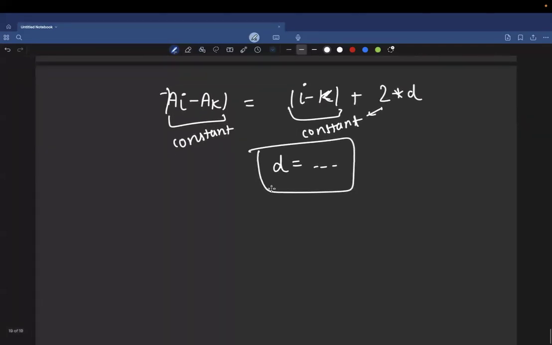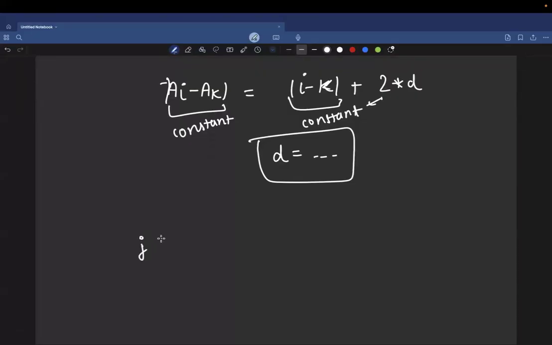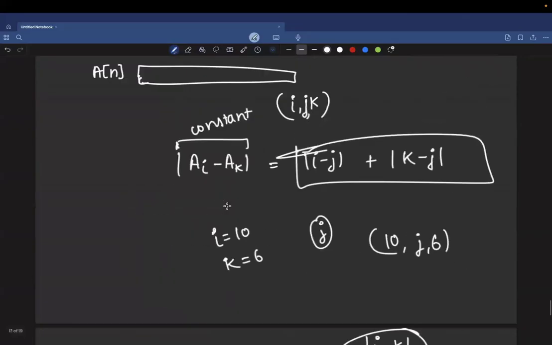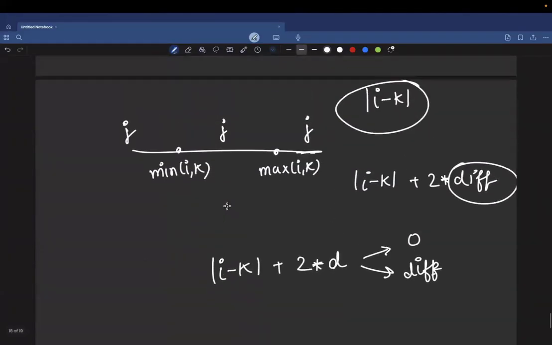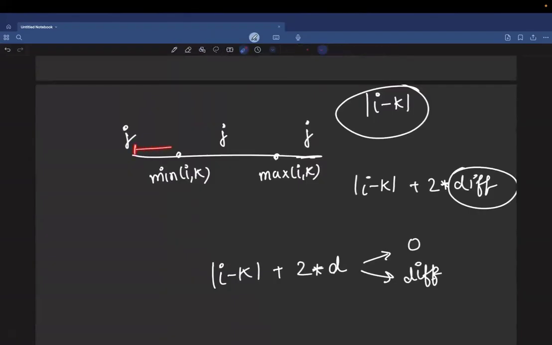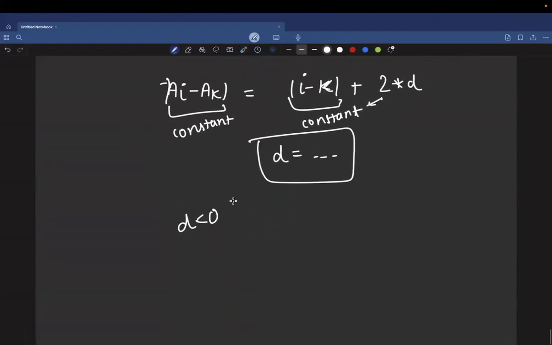Now with the help of this value of d, you can just say if this d is less than 0, then that is actually an invalid case, right? The distance of j with the closest point can never be negative on either side. So this d less than 0 is indicating that you are not having any possible triplet where you had those fixed values of I and k and you were searching for the possible values of j. Similarly, if d is not an integer,